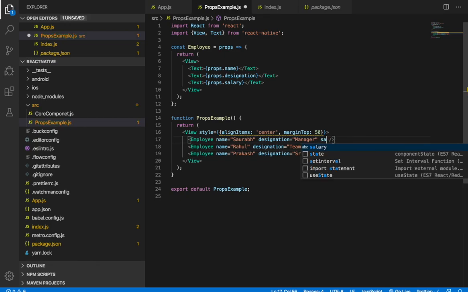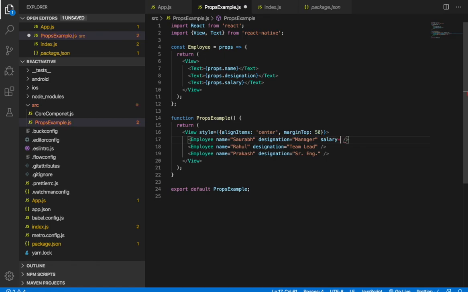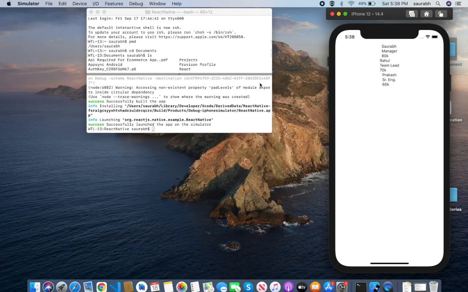Okay, we can also put salary. We can pass salary from here as a prop also, like 80K, 70K, 60K, like this. So you can see you can make a complex component and you are passing multiple props here.